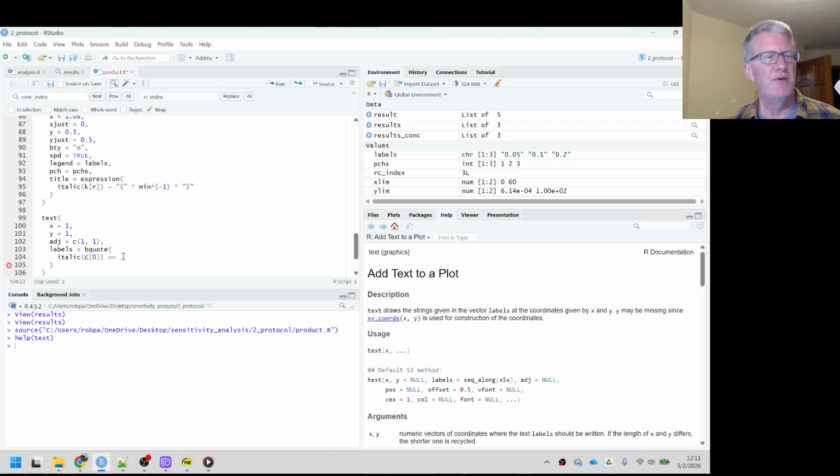And with bquote, the way that you put in a particular value from our code is with a period and an open and closed parentheses. So anything inside these parentheses, it's going to interpret as R code and substitute that value into the expression, such that when it builds this label and puts it on my graph, it will have the value that was in the R code. So in this case, what I need to do is go to my results_const,